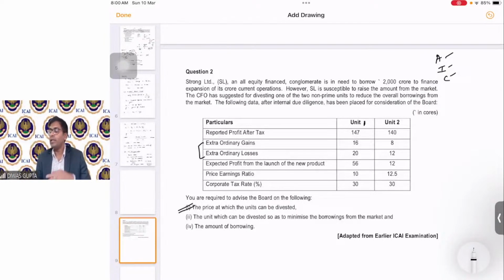Okay, let's go to replaceable value, realizable value, or NAV value later on. But first, I'm saying there are three broad methods, right? Asset based, income based, and cash flow based. What do you think, basis the information that is given to you, whether you will apply asset based, income based, or cash flow based, students? Now, within asset based, we have replaceable value, realizable value, NAV that we will come to later.